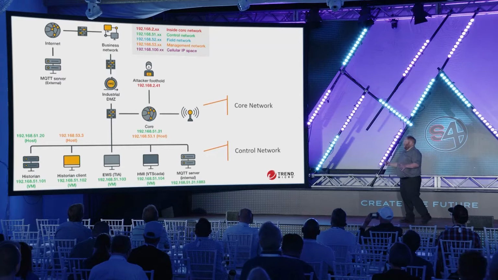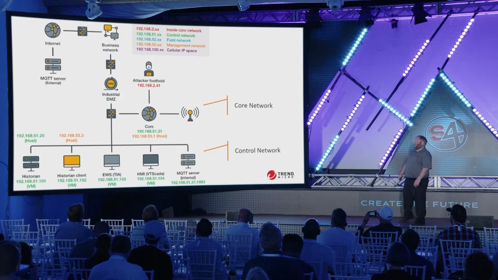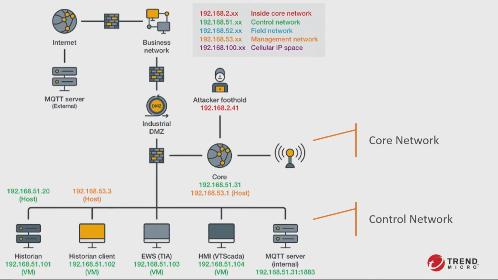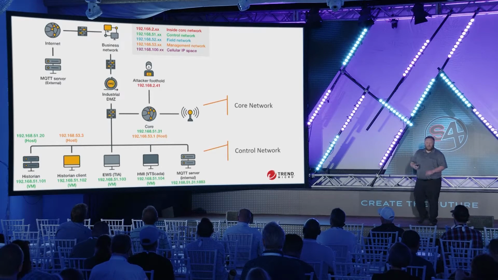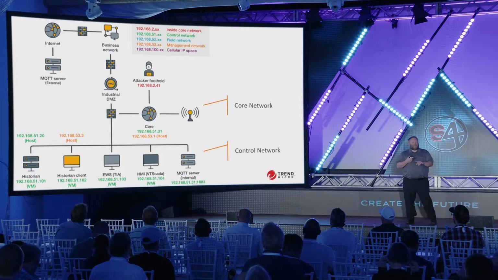So we move on now to the attack scenarios. And in order to understand the attack scenarios, real quick, here's a diagram of the network. So you saw the actual physical servers. On the physical servers, this is what we had. We had an MQTT server way out on the internet, and then we set up kind of a Purdue model type, and we had some firewalls and DMZs. But the really interesting part starts kind of in the middle of that screen where you get to the core network and the attacker foothold.